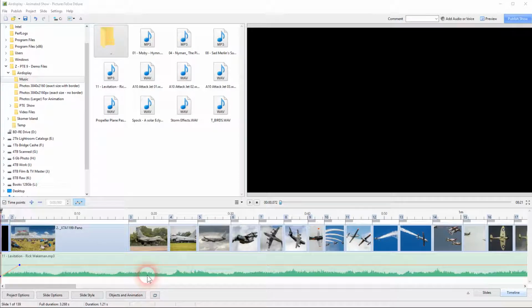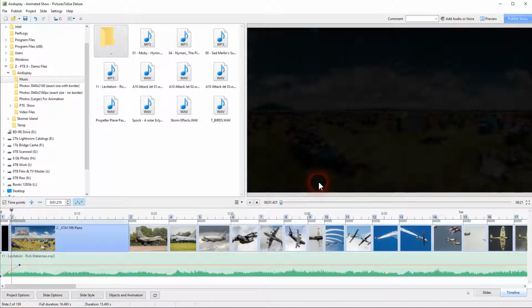One of the important features missing from the Essentials version as opposed to the Deluxe version of Pictures2Exe is our ability to edit audio within the audio tracks in the timeline down here. Now in the show that we've just created, you can see we've got a background track, and I'll just press play to get the viewer to play,